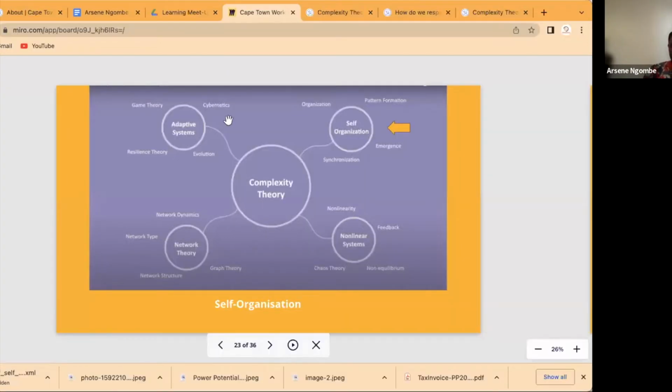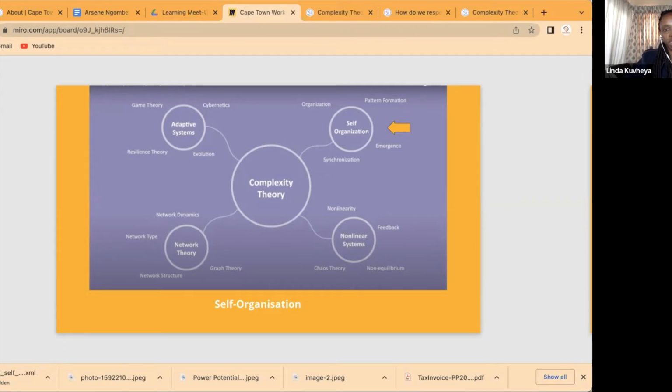And this takes us to the next point, where we begin to talk about self-organization, I mentioned. So under self-organization, we're talking about patterns, how the patterns are formed, talking about organization and emergence, and all this together begins to determine or characterize the kind of complex system you're dealing with. Any comment?